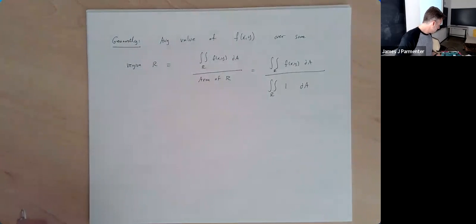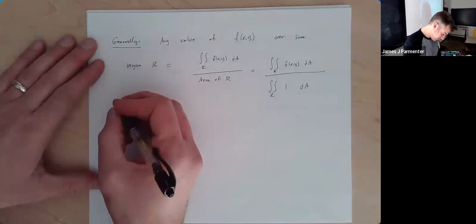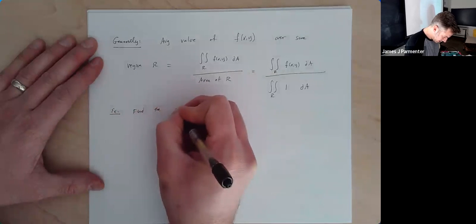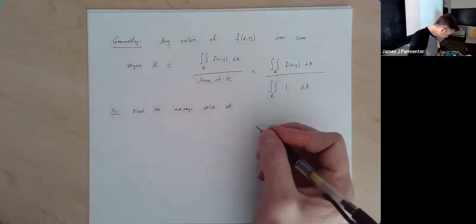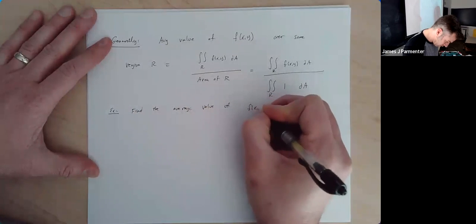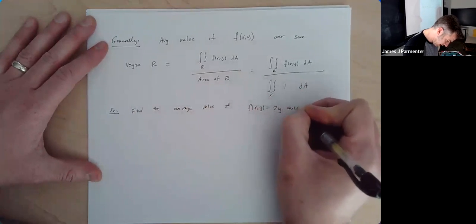So, for example, we could be asked to find the average value of, sure, we'll do this one, f of x, y equal to 2y times cosine of x